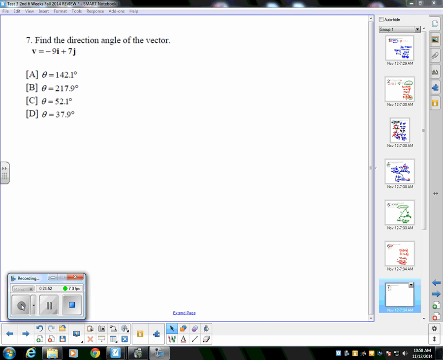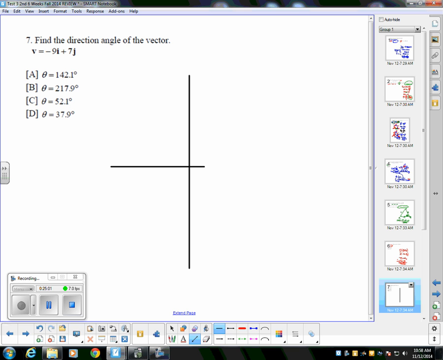All right, this one says find the direction angle of the vector. One thing you can do, and you do not have to do it this way, but just to illustrate, here are the x and the y axis of a graph. My vector is negative 9i plus 7j, which in component form is the same thing as negative 9, 7. And if I make it a vector in standard form, then it's going to be somewhere